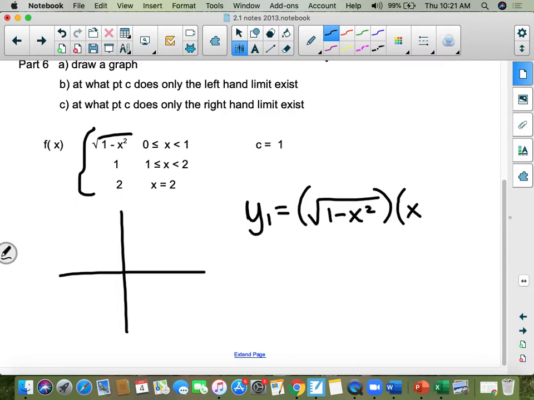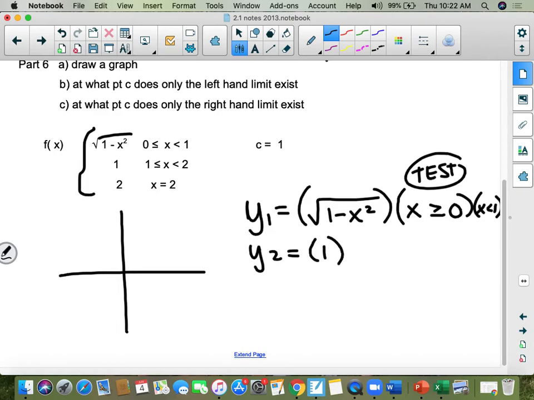And then right above math, it says test. Everybody see test right above math? You have to use parentheses. So you do a parenthesis, the square root of 1 minus x squared, parenthesis, x is greater than or equal to 0. And then another parenthesis, x is less than 1. So that's how you get those inequality signs, by going under test. It's right above math. And then under y2, you can put 1, and you really don't have to, because this